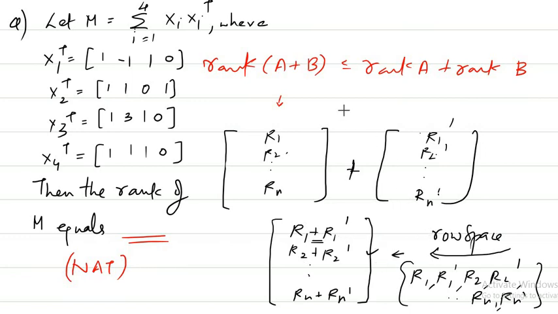Coming back to our problem, our matrix was generated using these 4 rows. So it is enough to find how many linearly independent rows there are among them to find the rank of that particular matrix M. The very important shortcut we have used here is simply that we took these four rows, formed a matrix, and found the rank of that matrix.